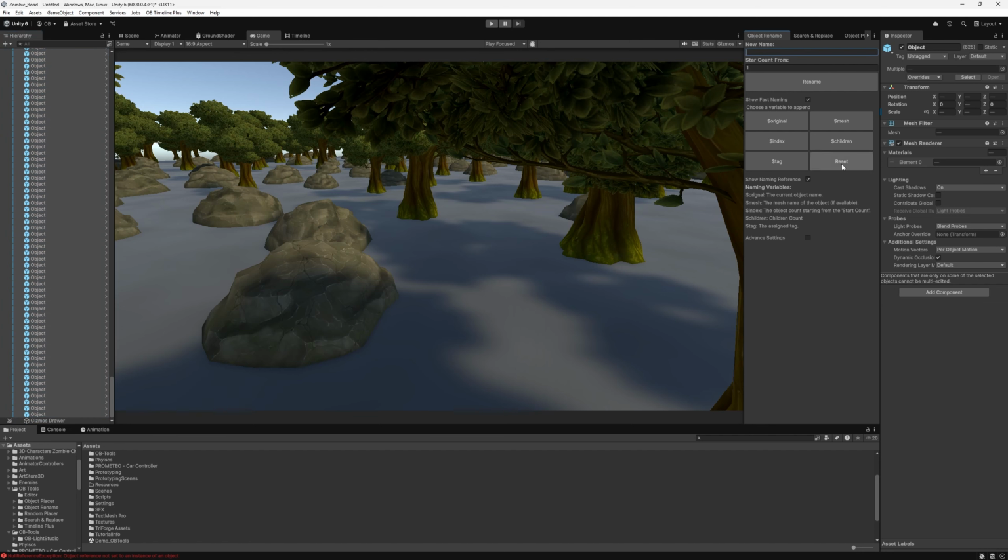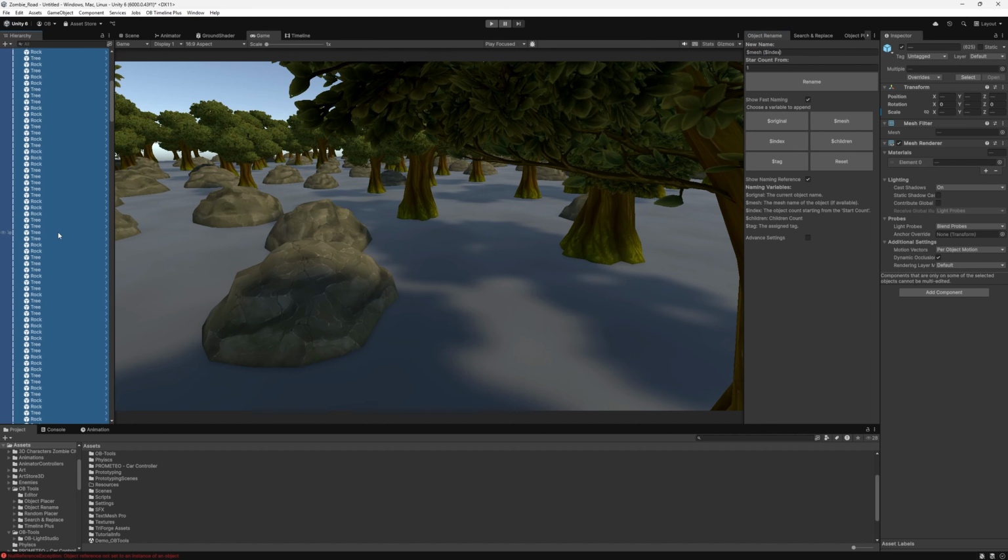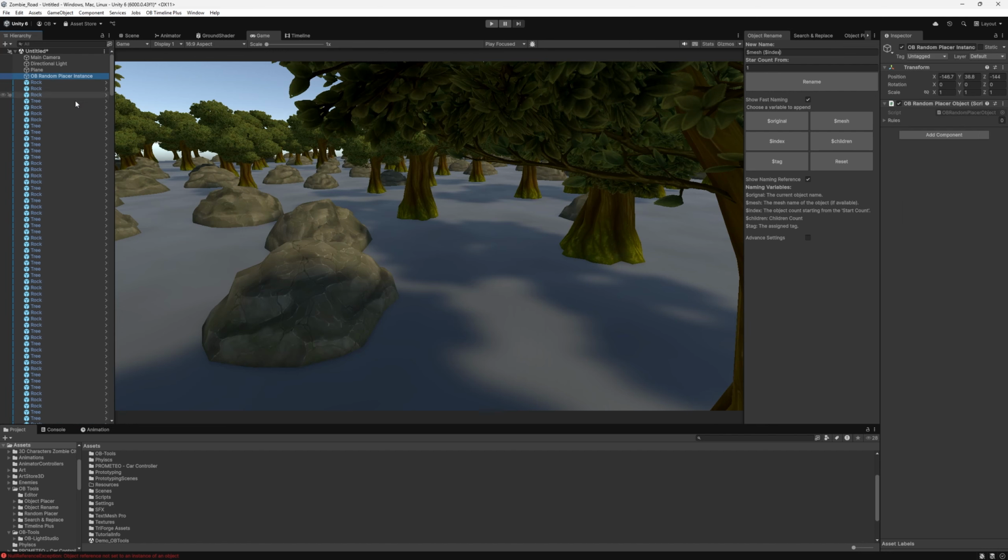And I'm just going to use the mesh name. Come here, add a space between two parentheses, index, and just hit rename. And now we have whatever mesh name here with its index. And let's say you have, I'm going to create a couple of